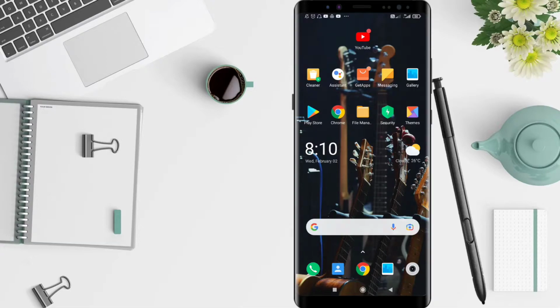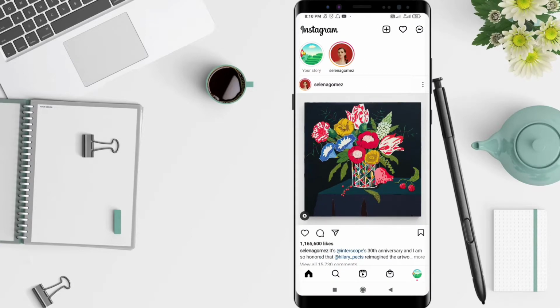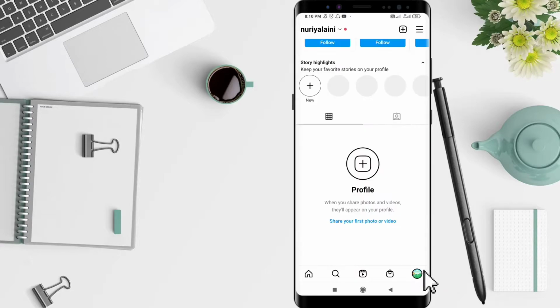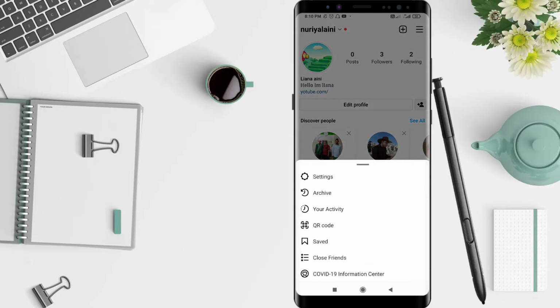Okay, let's go to the tutorial. First, we go to the Instagram application here. After that, you can click the symbol of the button and click this Step 3 in here. Click archive